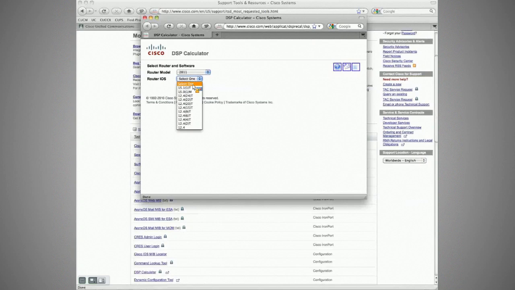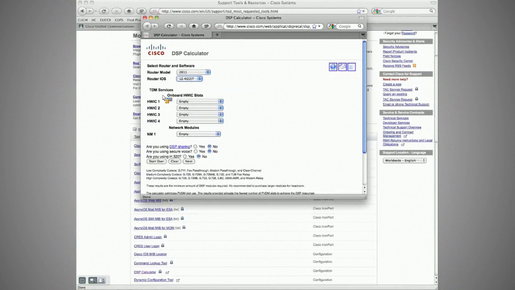Router iOS. But I'm also bringing it up to say you should really never try to just calculate these things on your own. I don't want to say you should never try. You should certainly read the documentation I'm going to point out and understand how the chipsets affect various tasks or functions that you're trying to perform in various iOS versions. However, it's probably always safe, if you have access to it, to use the DSP calculator. So let's say we're running 12.4(22)T. We've got these onboard HWIC slots, our high-speed